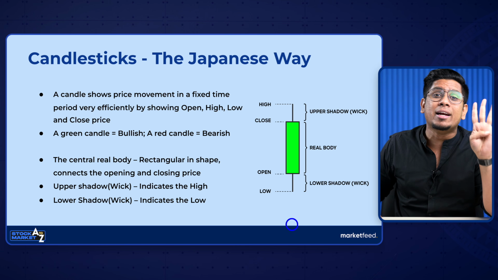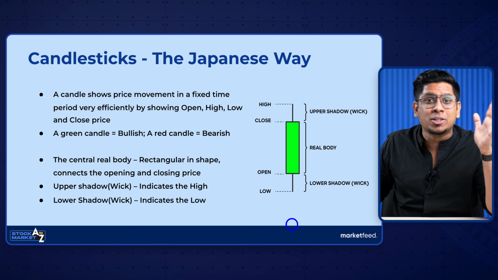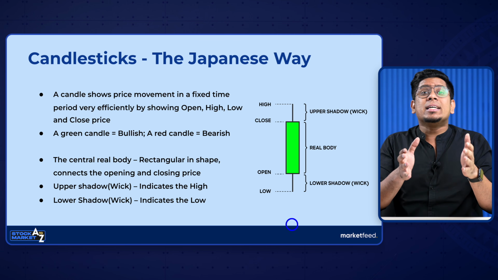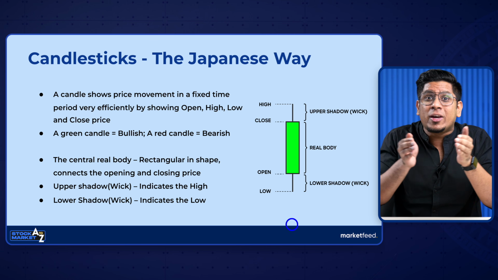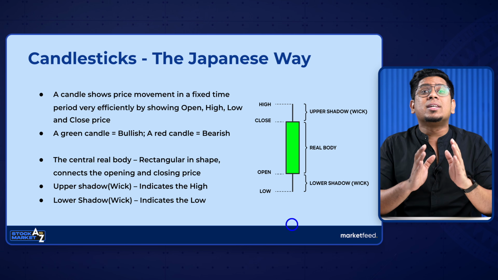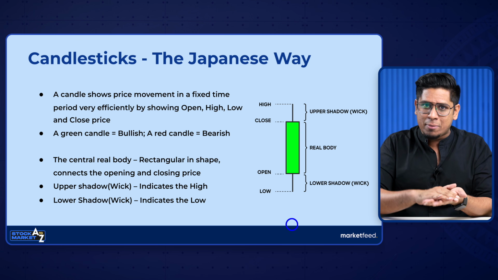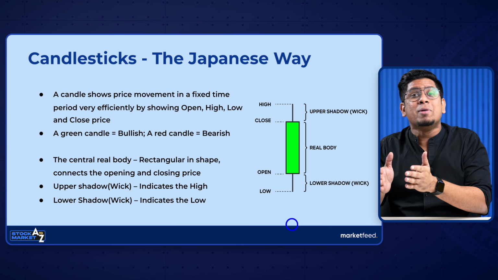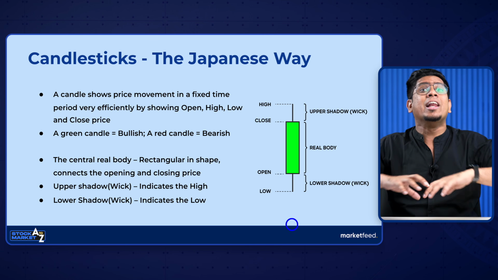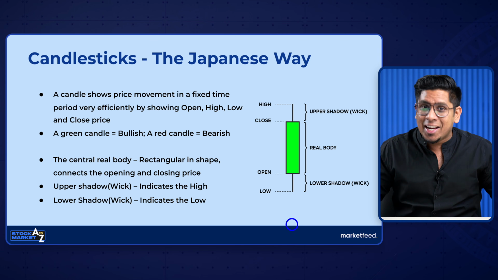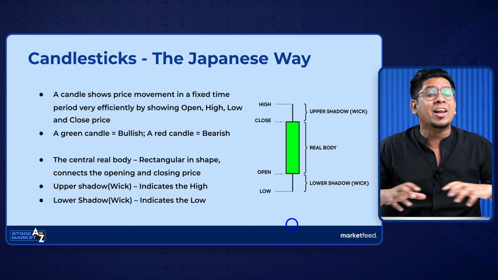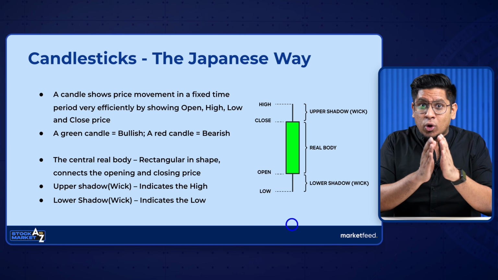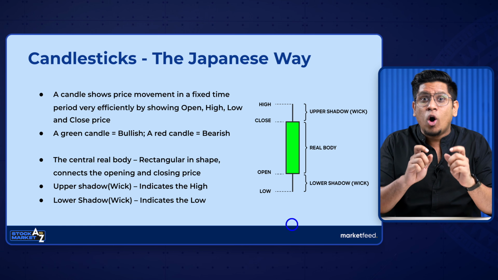And so what are the different 4 data points that you'll get? See, a candlestick represents price movement in a fixed time interval. A candlestick can either represent a 5-minute time interval, or 10-minute, or 15 minutes, a day, a week, a month's time interval, and it goes on like that, right? So in that time interval, what was the